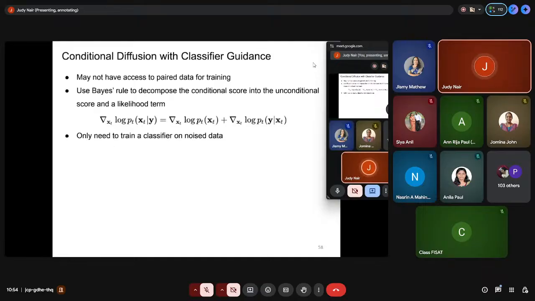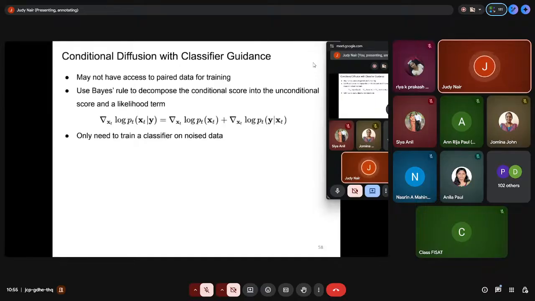So initially, instead of wanting it to predict P of X only, we can model it as P of X given Y, where Y could be a condition. Then it could be general in the case of a conditional diffusion. So the condition can be, that is P of X given Y. Y could be a condition.